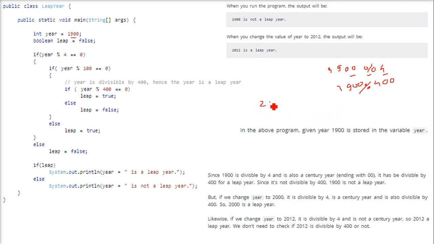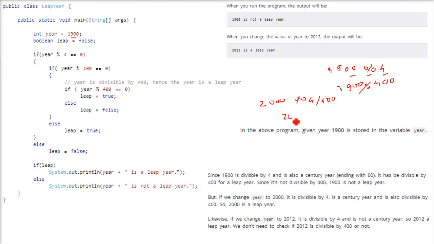But if we change it to say 2000, now here we are taking one more example, 2000. If we change the year to 2000, it is divisible by 4, that is, no remainder. If we take the modulo, no remainder with 4, and similarly no remainder with 400 also. So it is a leap year.